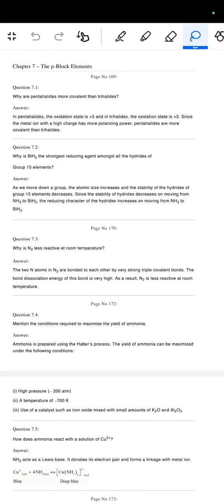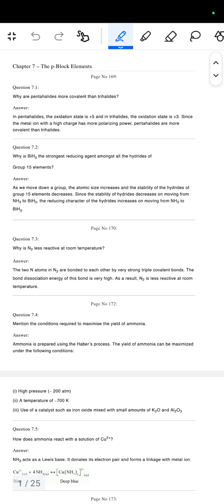ये है पी ब्लॉक के एनसीईआरटी का जो कुछ क्वेश्चन था उसका सॉल्यूशन है। यहाँ से क्वेश्चन बना के पूछ सकते हैं, स्टेटमेंट में दे सकता है। तो जैसे भाई यार pentahalides more covalent than the trihalides, तो इन the pentahalides the oxidation of +5 and the trihalides the oxidation of +3 है। Since the metal ion with a high charge has the more polarizing power, तो pentahalides are more covalent than the trihalides हो जाएगा।